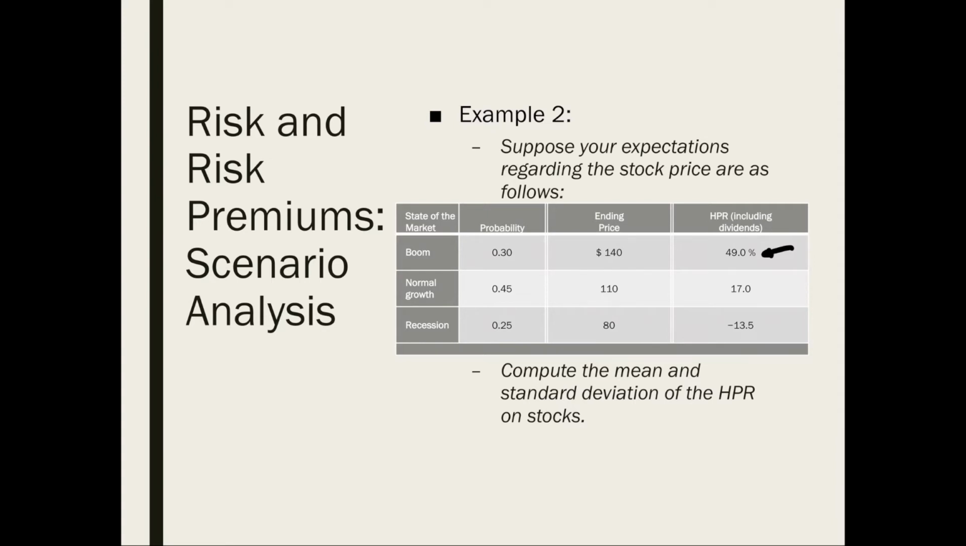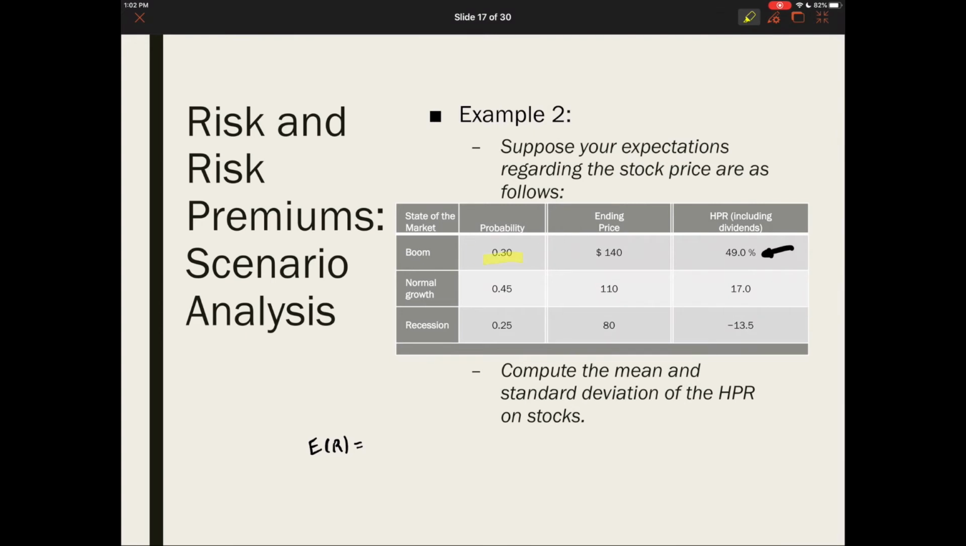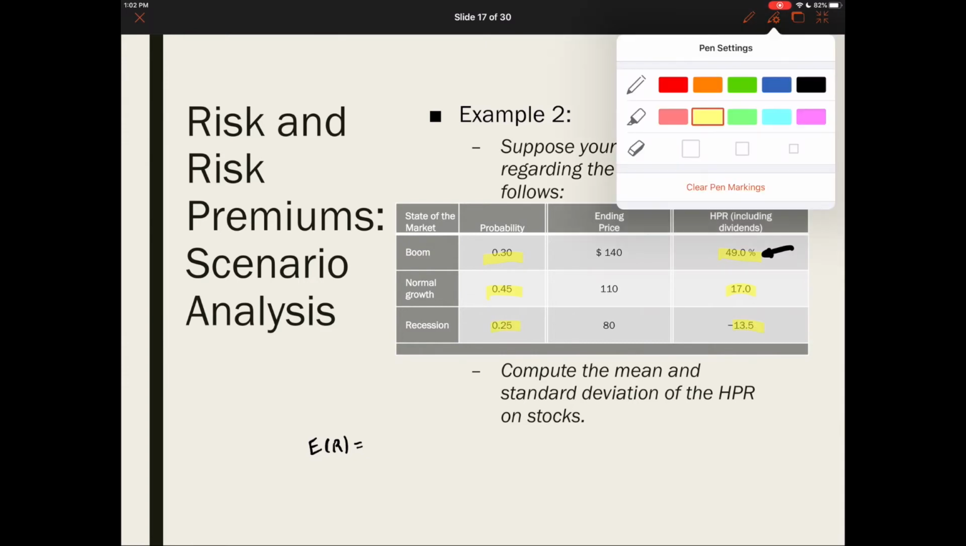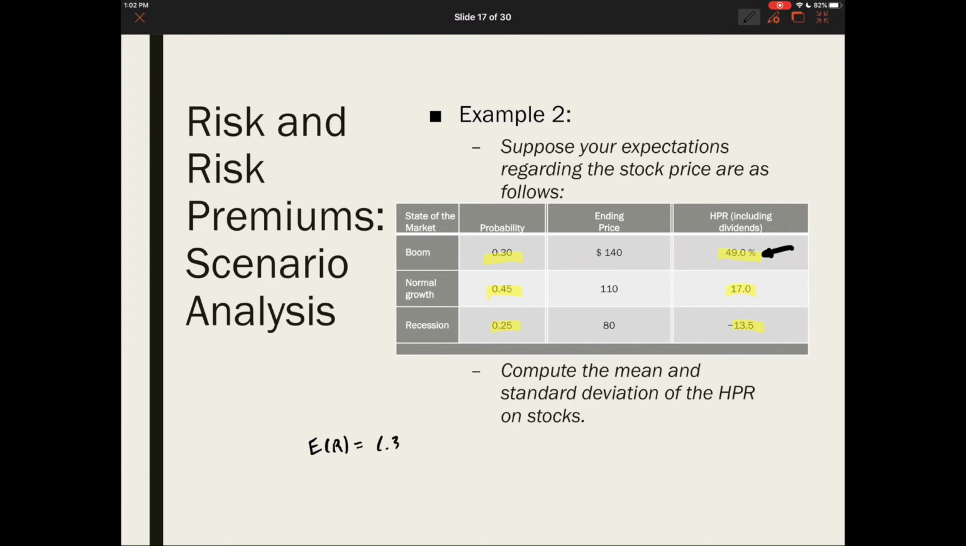And they want to know what is the mean and the standard deviation of the holding period return on the stock. So the mean is simply the average. So the mean is your expected return. To calculate the expected return, you take the probability multiplied by that return, plus probability multiplied by return, plus probability multiplied by return. So what we have is a 30% probability of a boom. In the event of a boom, I have a 49% return. I add to that the probability of normal multiplied by its return of 17%. And I add to that the probability of a recession multiplied by its return, and what I get is an expected return of